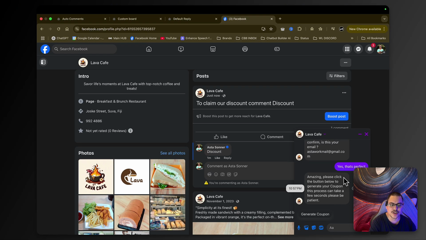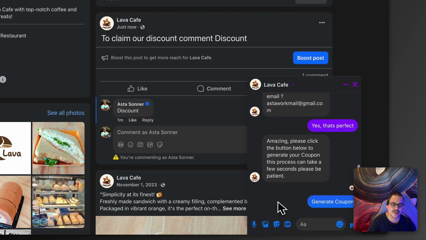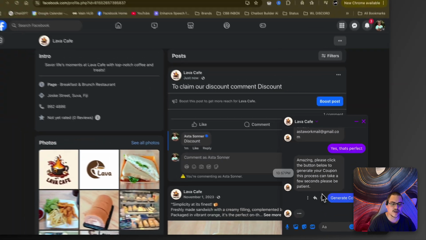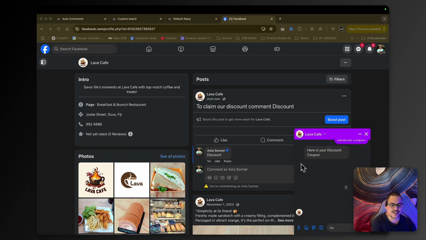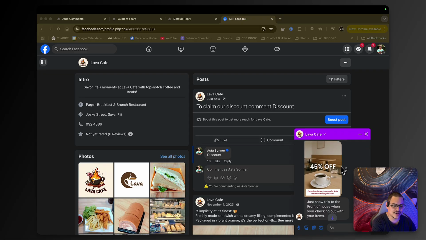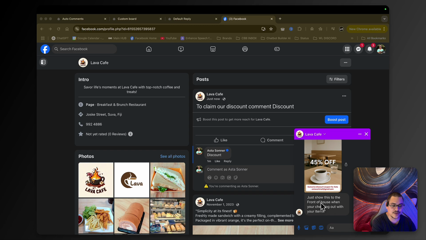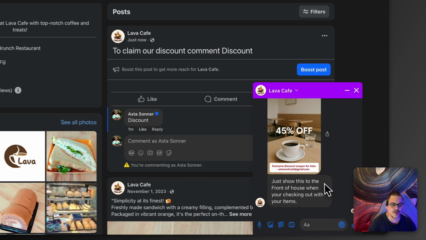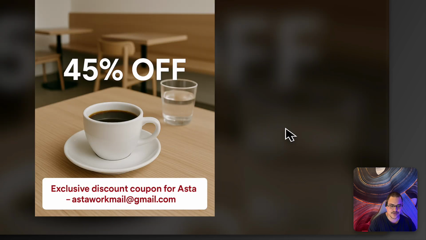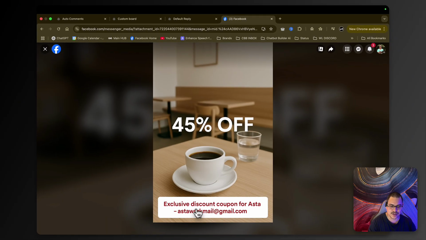Please click the button below to generate your coupon. This process can take a few seconds. Please be patient. So I'm going to generate the coupon right now, and all we'll do is just wait. Awesome. As you can see, it just came through. It said, here's your coupon, and it's generated the image. Just show this to the front of house when you're checking out with your item. So let's click on this really quickly. 45% off, exclusive discount coupon for